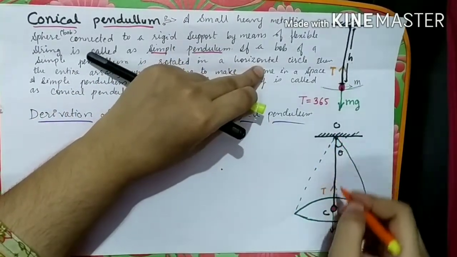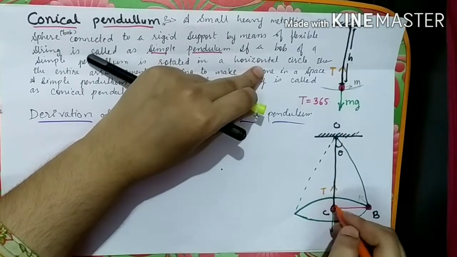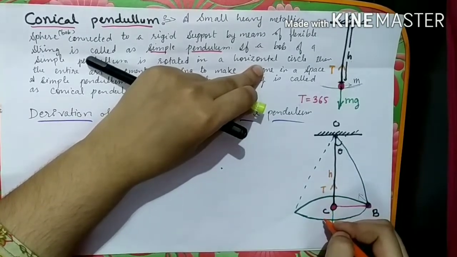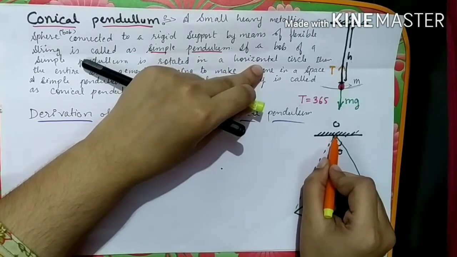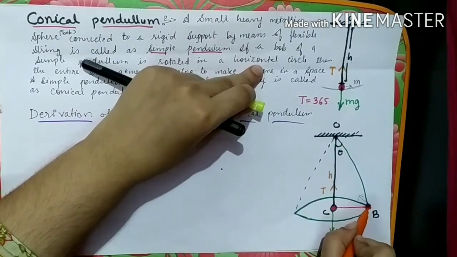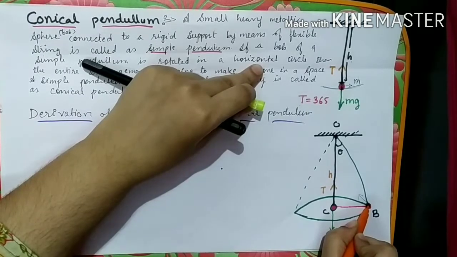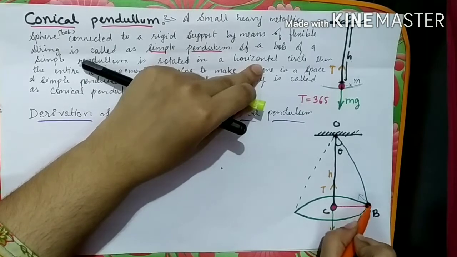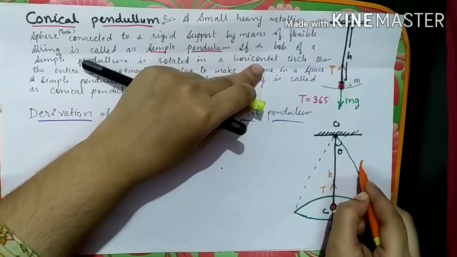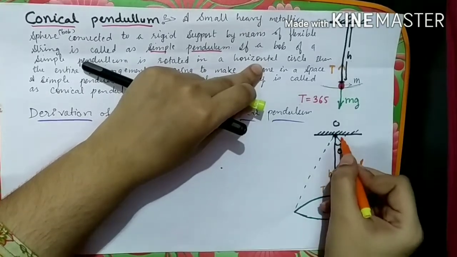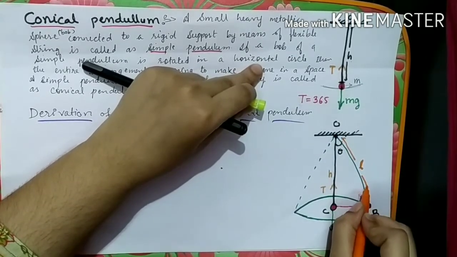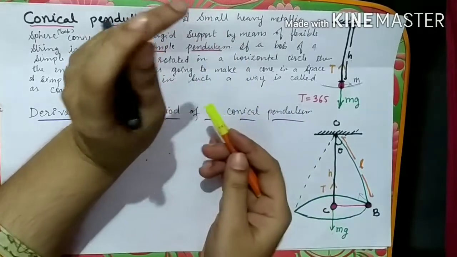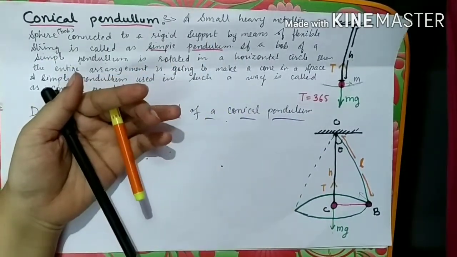Here, the distance between point O and the surface of the bob is H, this distance. It is called the vertical height. And this distance, the distance between point O and the center of gravity of the bob. Remember here the radius R of the bob is also included. So here this slanted length is L. This length is L. And let theta be the angular displacement of the bob. So how are we going to find out?